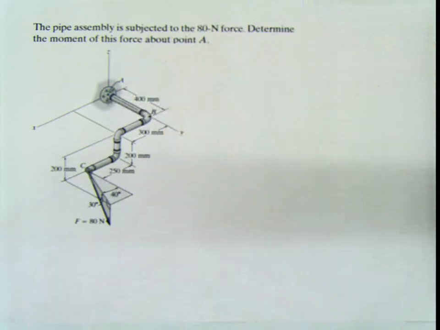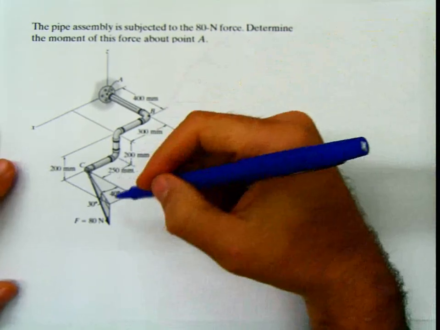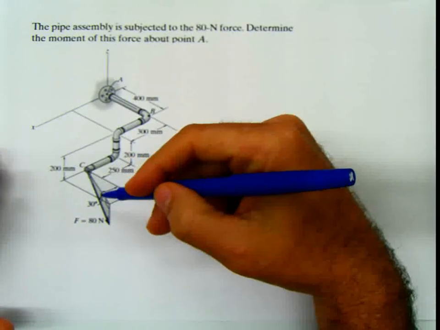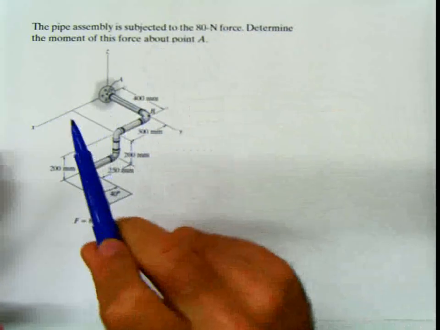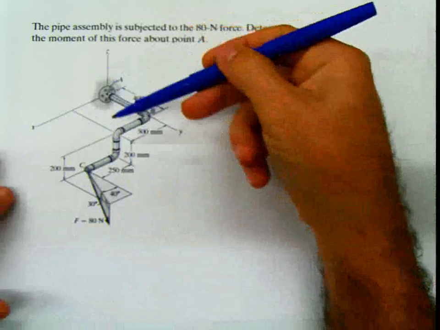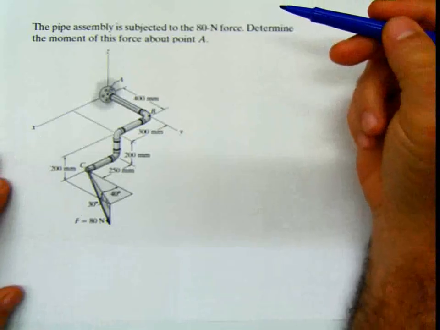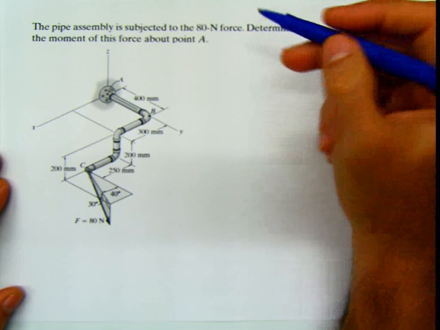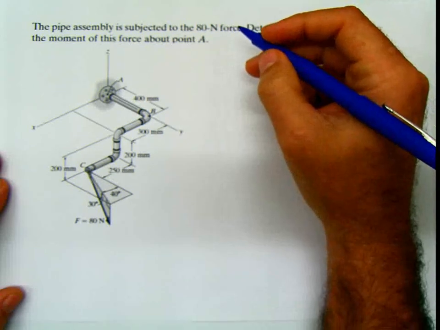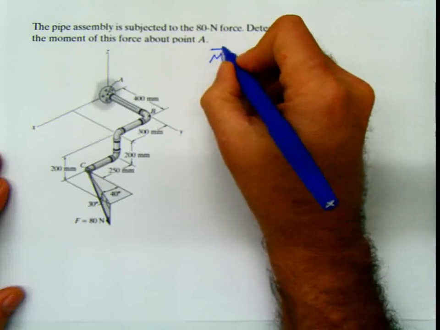So basically, because this is a 3D problem, you can approach it in several ways, and you can try to study what effect this force has regarding rotation about this axis, about this axis, or about this axis. But for the beginner that's complicated, and for the not so beginner it's also complicated. So what I advise you to do is apply the formula for moment